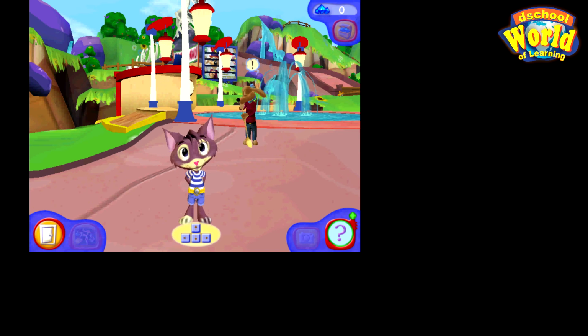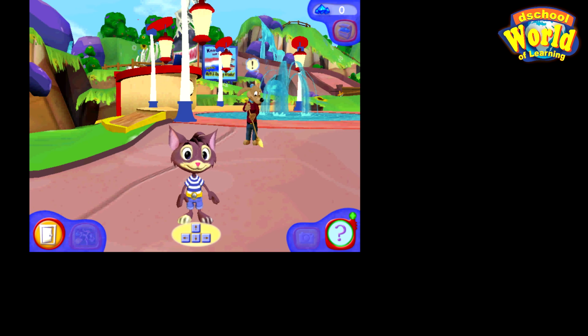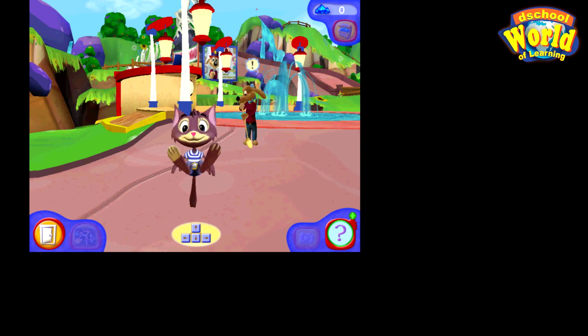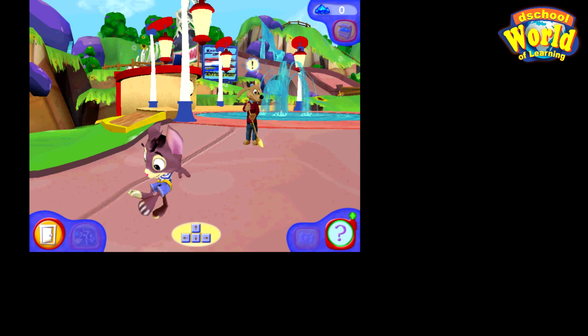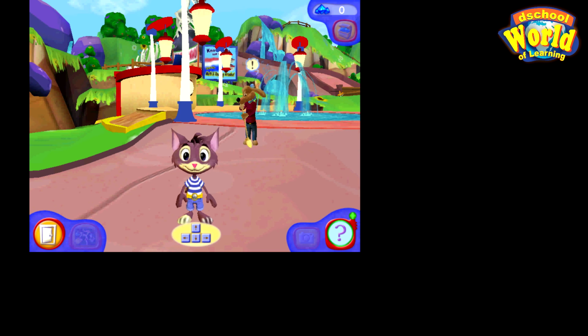So the first instruction is we have to locate Botley. Botley is the robot near the fountain. Whenever a character has an exclamation mark, it shows that that character has important information to share with us. So don't get lost. Please go straight ahead to the fountain. The fountain is just behind there. The exclamation mark is behind there. You can see it on top there. Take note of that and move your character towards that direction. Don't be scared to move your characters. Okay, so let's go on.